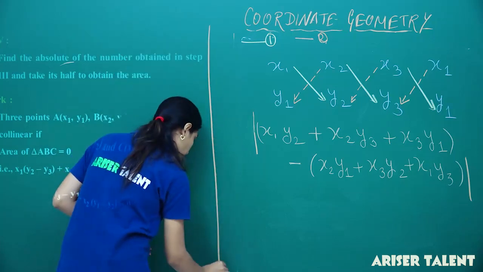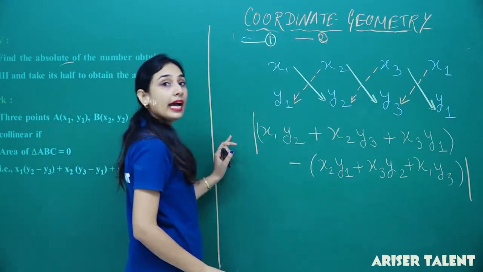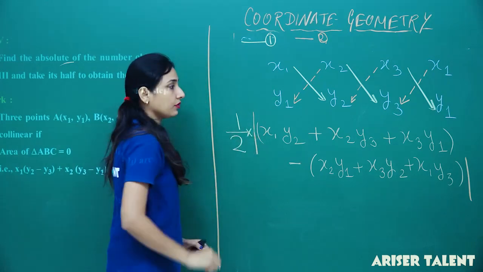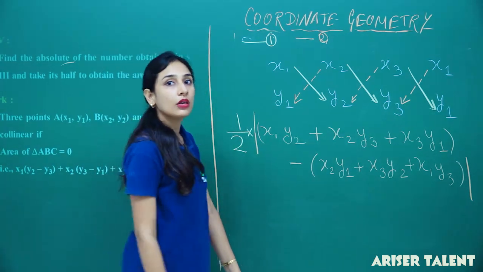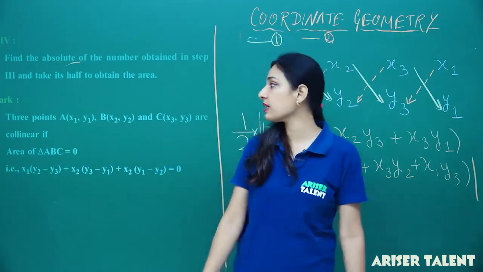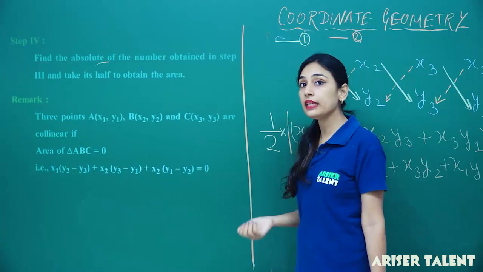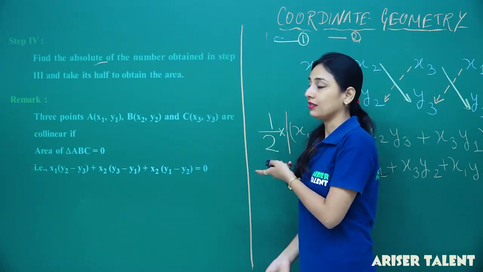So here what I have to do, now I have to multiply it by 1 by 2. So I'll just half this value. I'll just half the positive of this value. So the third and take half to obtain the area. Now this remark